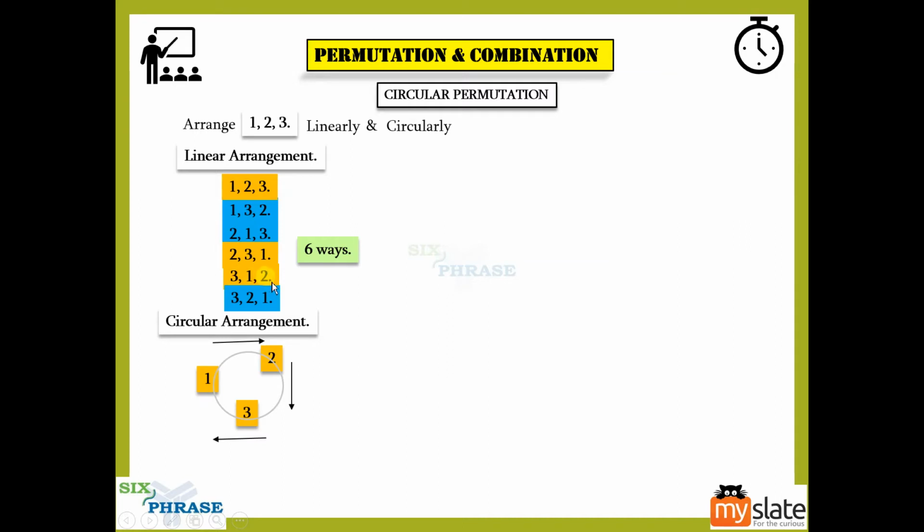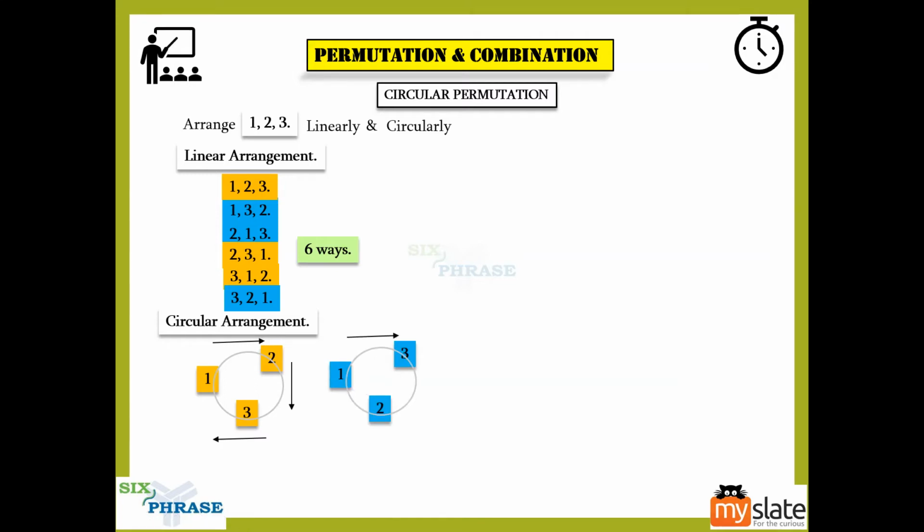So 3, 1, 2 is also marked in orange. Okay, now we are just able to cover only 3 out of 6. Now we have to cover the other 3, right? So you have to form a circle for that. Okay, so you form a circle starting with 1, 3, 2. Now when you form a circle starting with 1, 3, 2, this will give you all the blue things.